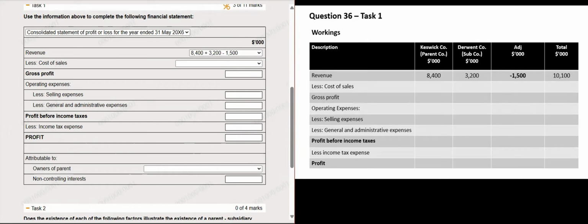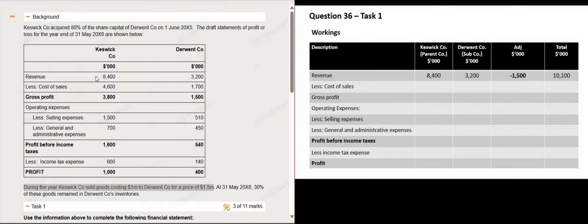the next balance to prepare is our cost of sales figure. Once again, looking at the information provided, we can see that Caswick's cost of sales were 4.6 million. Adding to this is Derwent's cost of sales, which amounted to 1.7 million. Remembering that we had an intragroup sale-purchase transaction where Caswick, the parent company, sold to Derwent, the subsidiary company. In other words, Derwent purchased goods from Caswick. Therefore, the purchase in Derwent's accounts needs to be removed. So we are going to remove the amount of 1.5 million and process it as an adjustment to the consolidated